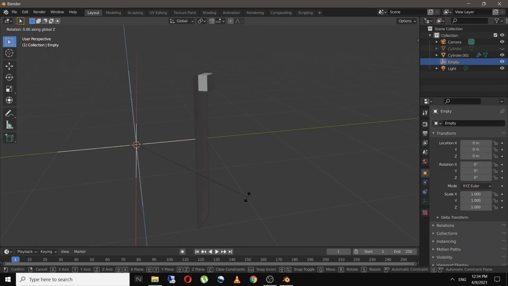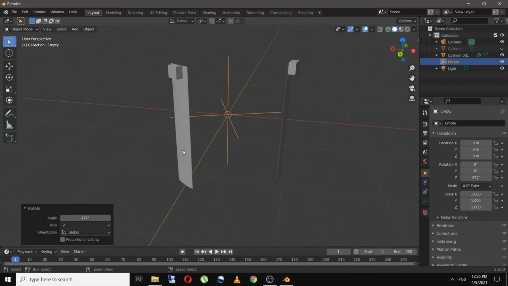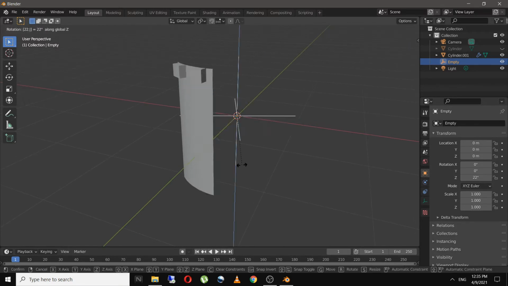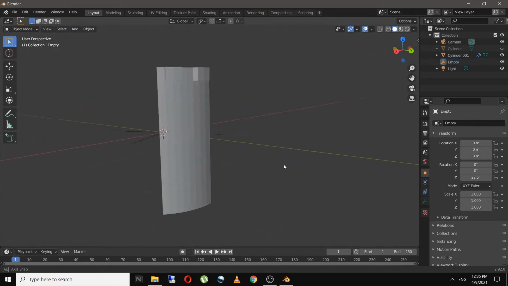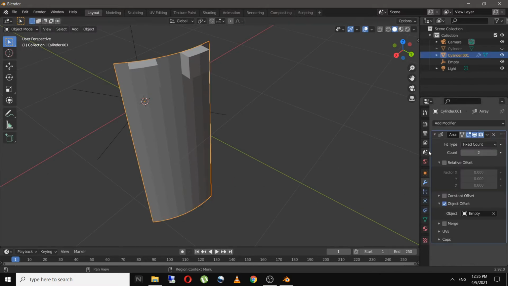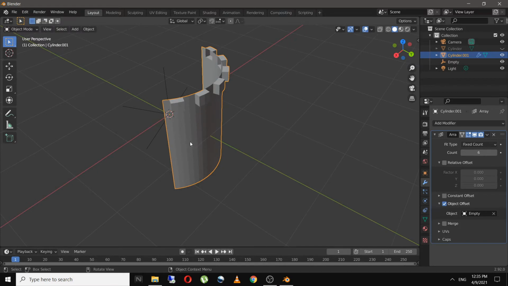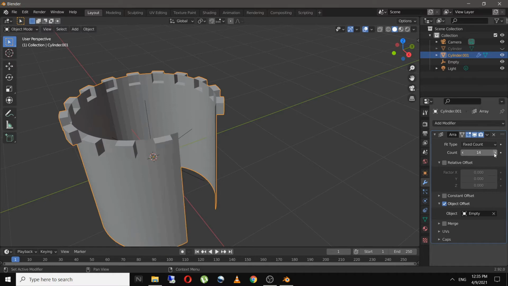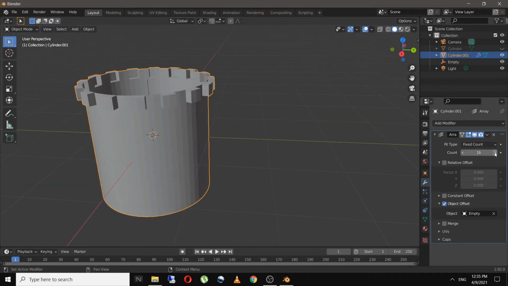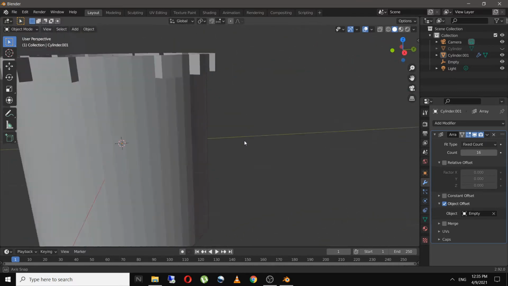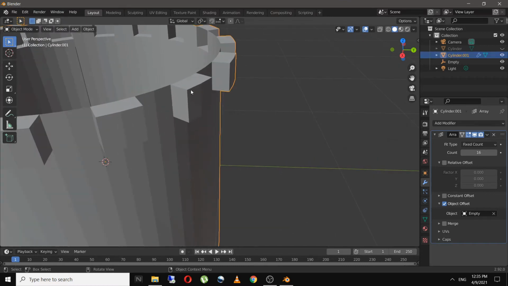If you rotate your empty on the Z axis, you can see the mesh is also rotating, since the count is 2. Now I just have to increase the count and rotate it on the x-axis by 22.5 degrees. As you can see, this is working perfectly well. So this is how a radial array works in Blender.